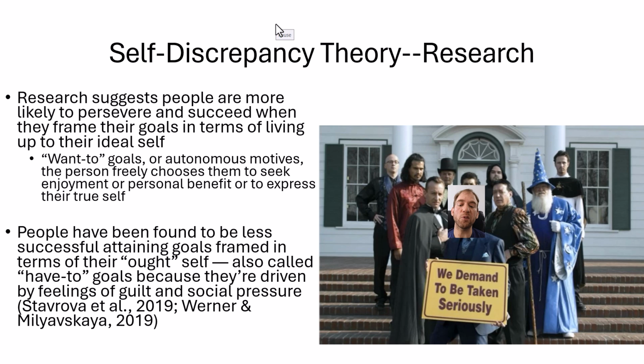People have been found to be less successful attaining goals framed in terms of their ought self, also called the have-to goals, because they're driven by feelings of guilt and social pressure. There are multiple interpretations of this, but the idea is that the motivation for an ought self, those have-to goals, is stimulated through a fear of punishment and doing things that you, quote, have to do, not necessarily things that you want to do or are consistent with your, quote unquote, true self, things that you intrinsically are